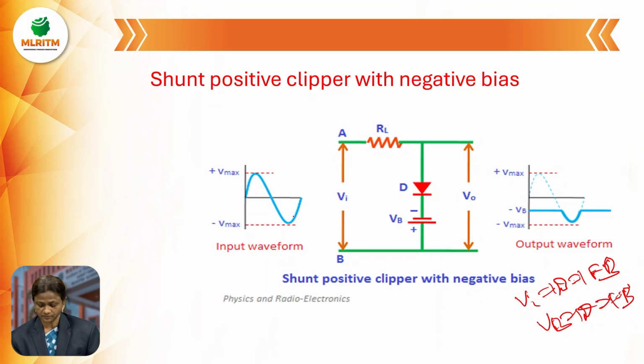During the negative half cycle, terminal A becomes negative, terminal B becomes positive. When terminal A becomes negative, the negative terminal is connected to the anode of diode D. This is anode, this is negative. So diode D is in